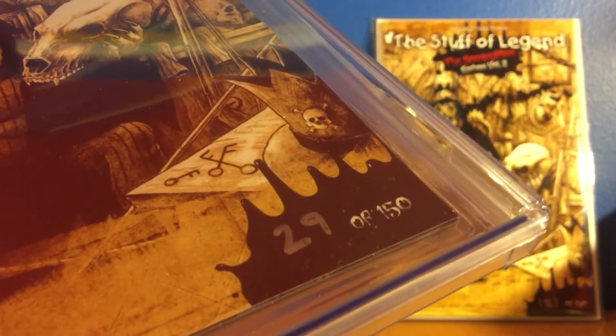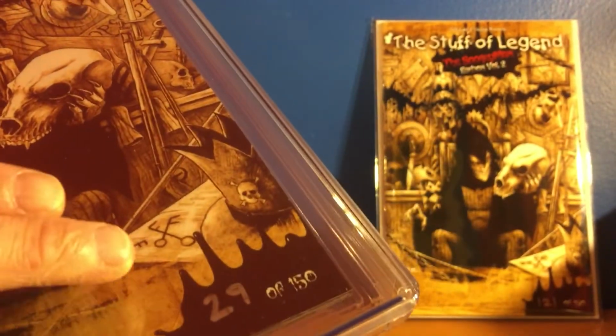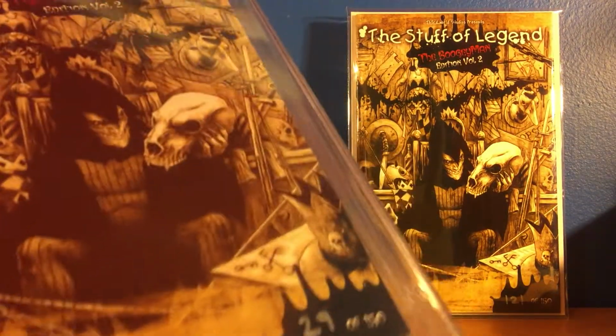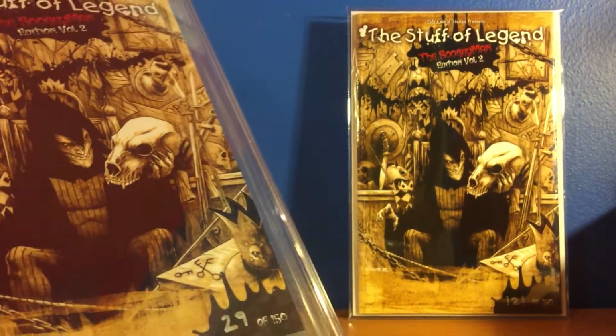Now, only 150 of these exist. They wrote all the numbers of each issue on these books, okay? This is how these books were made, all right? The thing is, CGC didn't witness these people doing this when they made the book. So, but the thing that makes me mad about this is